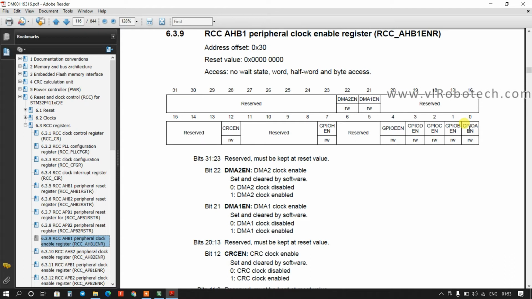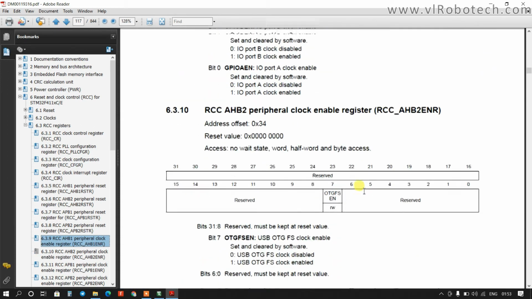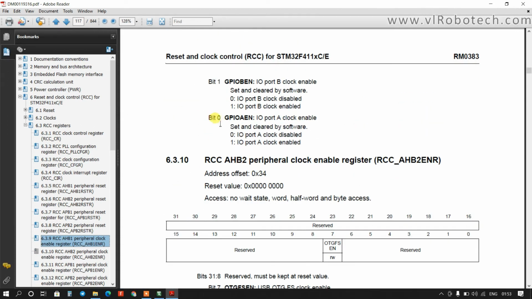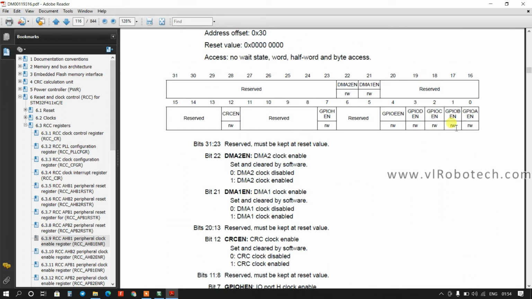If it is 0, then the GPIOA clock will be disabled. So this bit will be 1, the remaining bits will be 0. You can see here it is written: if bit 0 is 0, port A clock disabled. If bit 0 is 1, port A clock will be enabled. Okay, so this bit will be 1, the remaining bits will be 0.